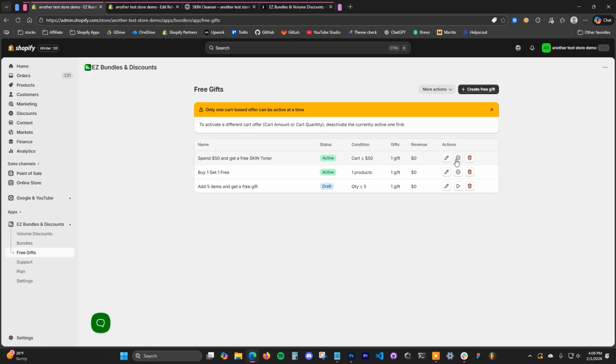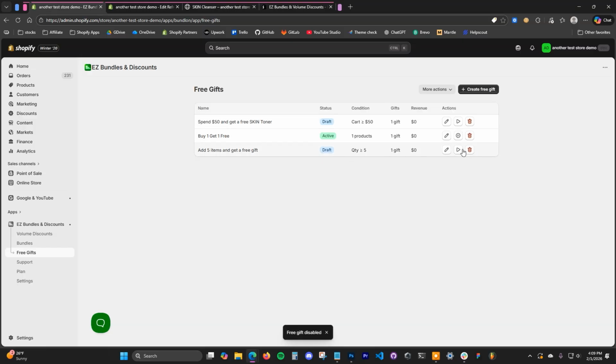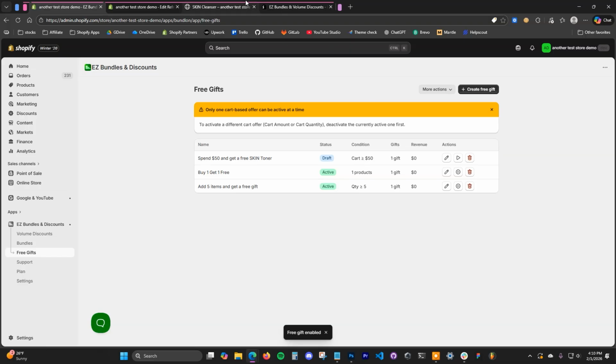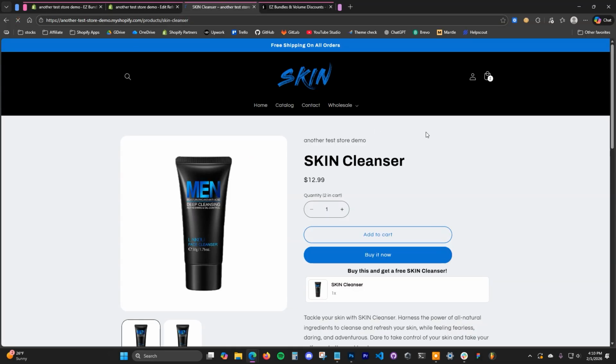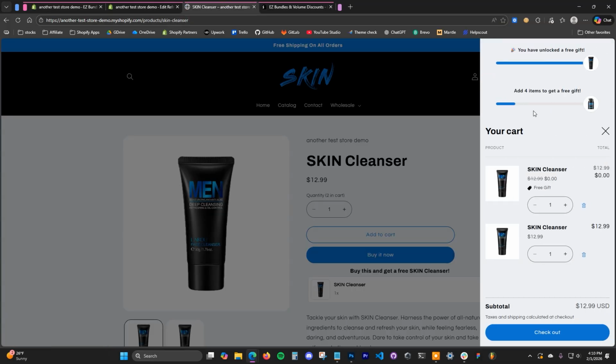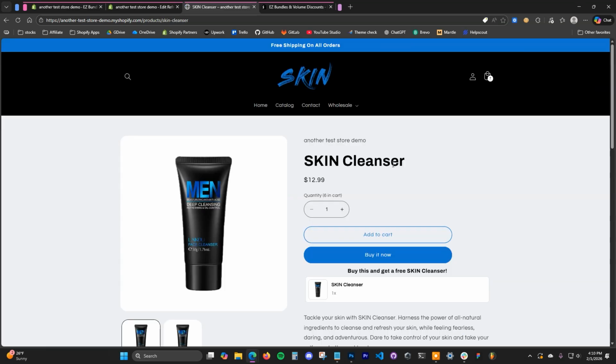switch this one to disabled and then enable the new one, and then we go over here and refresh again, we'll see now it's saying add 4 items to get a free gift. So it would work the same if I were to increase the quantity here to 5. We can see that that makes us unlock the free gift as well. So that's how you can set up free gifts and buy one get one free offers inside of your Shopify